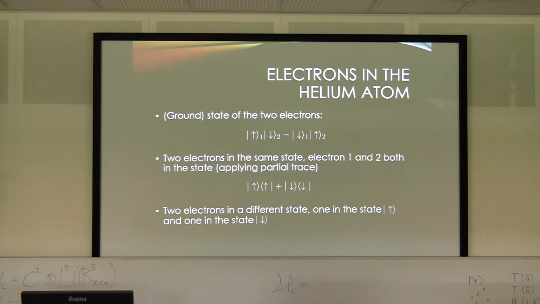Yeah, so this is just saying the conflict or the issue a bit simpler. If you express only the spin part of the ground state of the 2 electrons in the helium atom, like this, one way we can say we have now 2 electrons in the same state, because the procedure to get the state of electron 1 and electron 2 is to take a partial trace. And if we do that, we get for both electron 1 and electron 2 this same state, which has a term for spin up and one spin down.